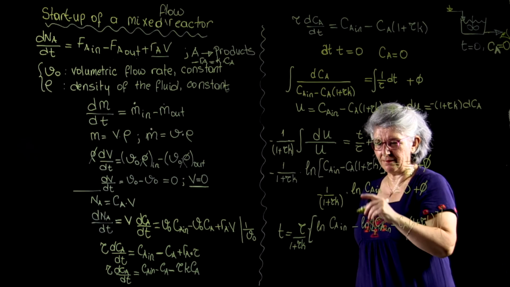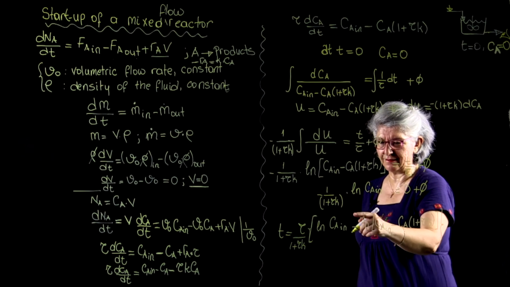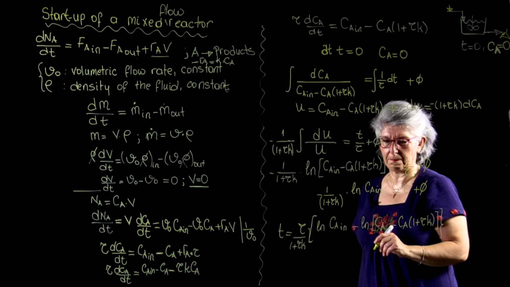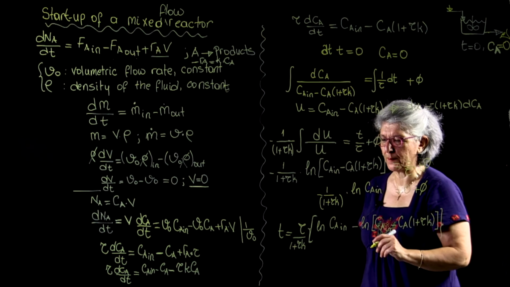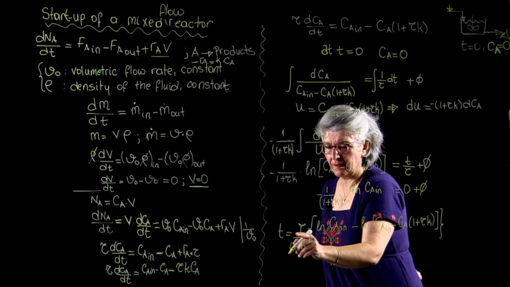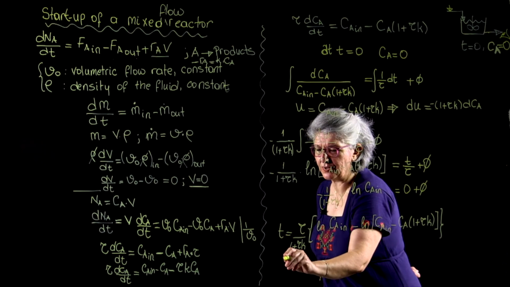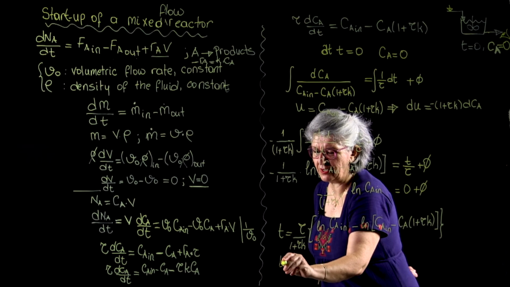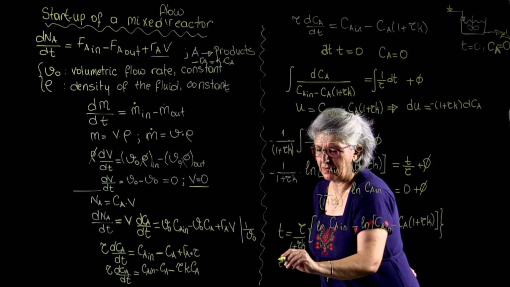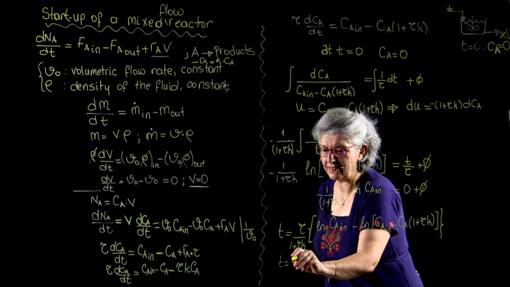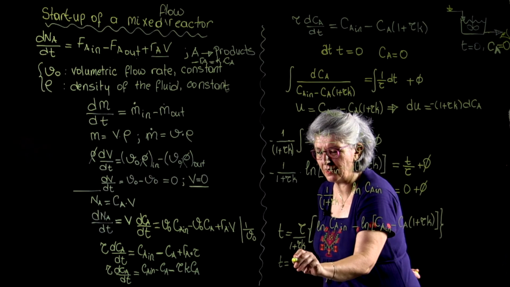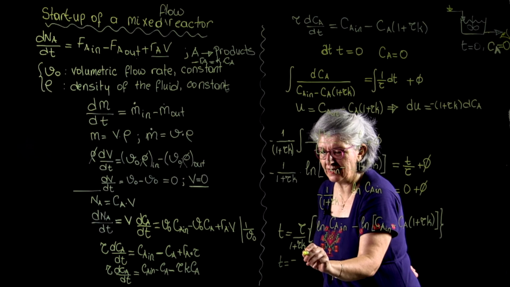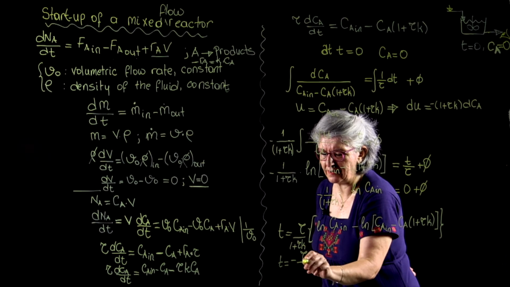I will write them as ln, this divided by that, and I will just do a trick of having a negative term, and I will explain why I need to have a negative term in a moment, minus tau divided by 1 plus tau k